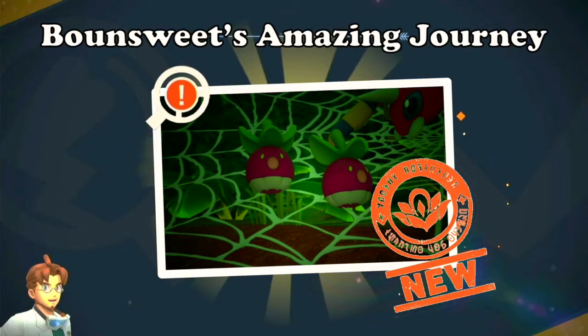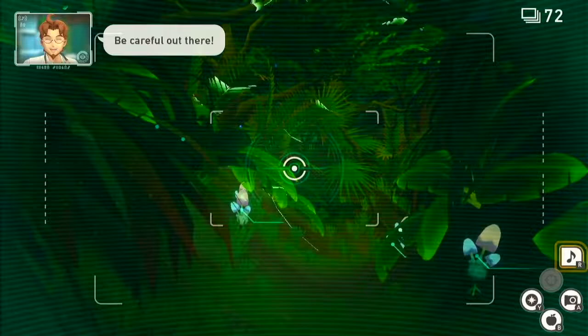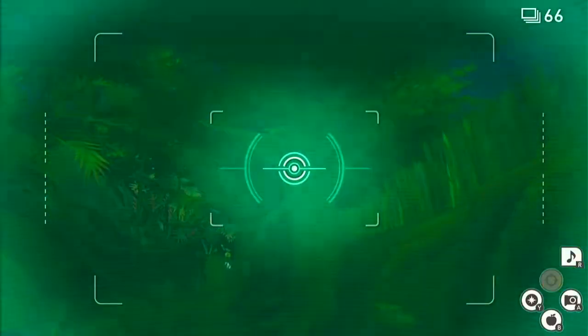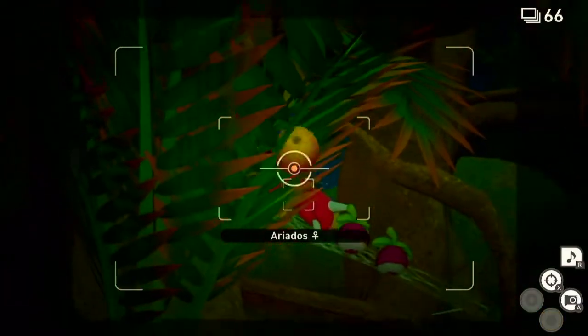Bounsweet's Amazing Journey is now the first request we will cover on the level 2 course. As soon as you start, you can start playing a melody using your Neo 1. On the left hand side, you'll then notice 2 Bounsweet fly off down the course. Following these, you'll find that they land on Ariados' web, just after the first horizontal log on the left hand